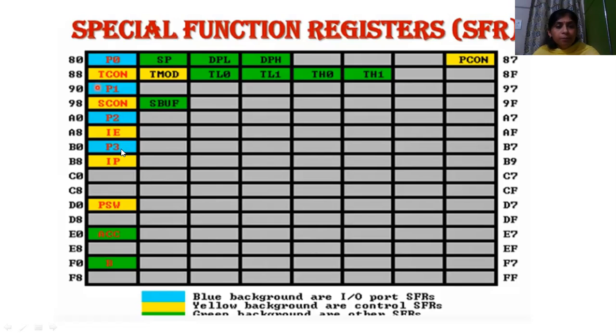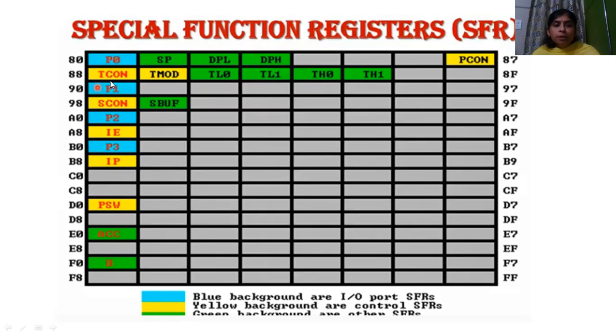P2 and P3. This yellow background shows control special function registers, TCON, then TMOD, timer mode, then SCON, serial control, IE, interrupt enable, IP, interrupt priority, program status word.